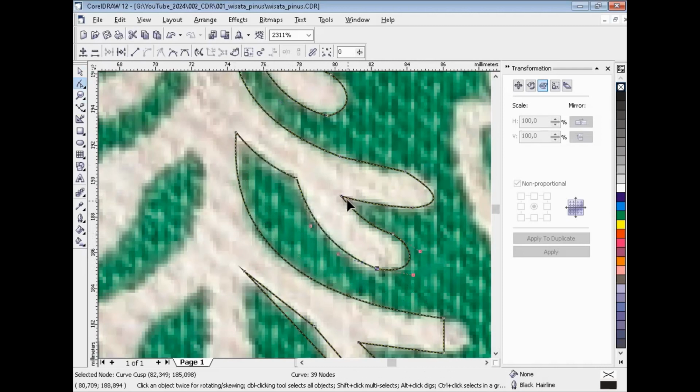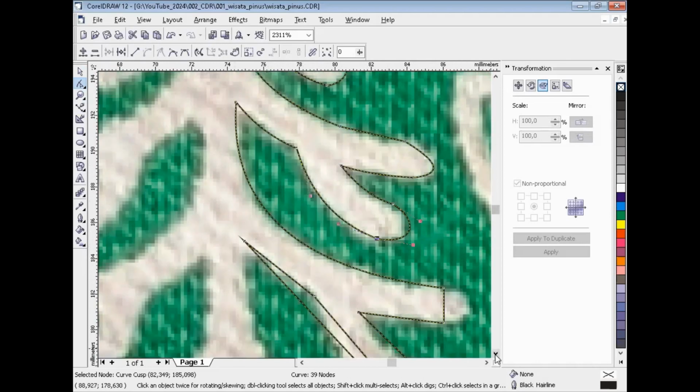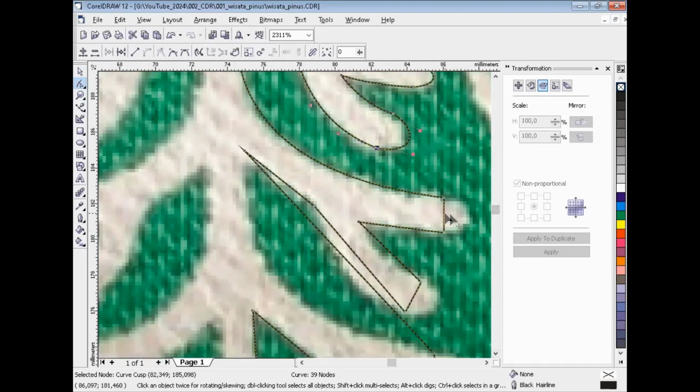Great, a bit of curve. Okay, node, control the node a bit. Okay, try, be careful, build your imagination correctly.